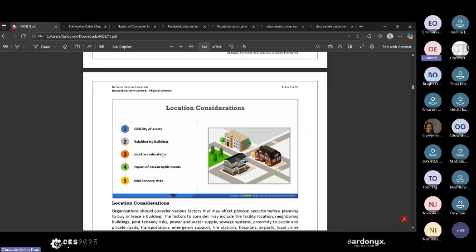A police station, rather. Then what are the neighboring buildings? Some of you, if your building is too small and you are within tall buildings, you won't have network. Most of these masts are always 180 degrees to each other. There will be interference, there will be blockage. I don't have a strong signal or radio wave. It doesn't have enough power. If I say no network is good there, yes, it is because of the location. And local considerations are very important.